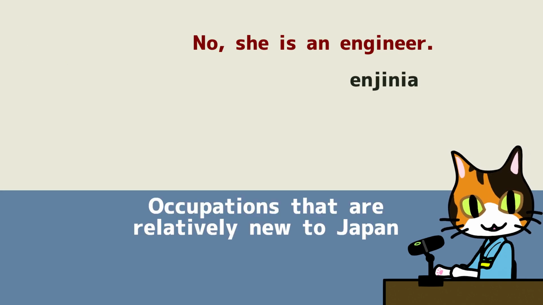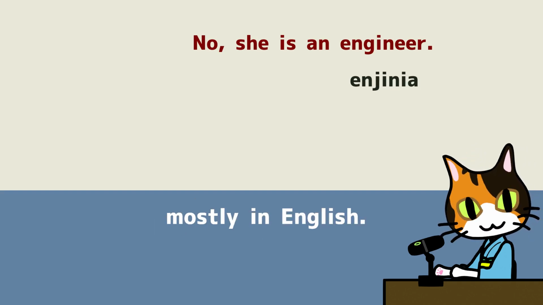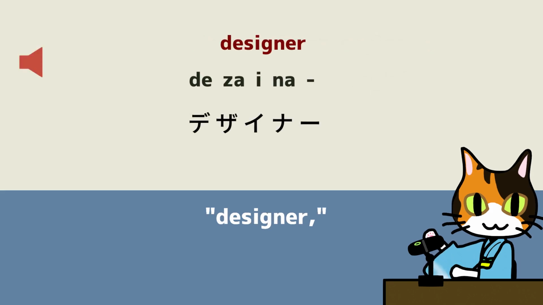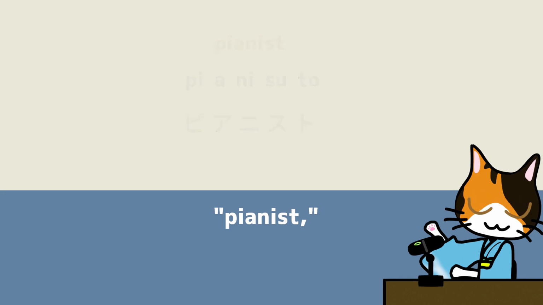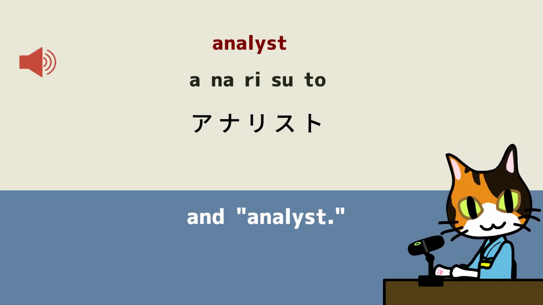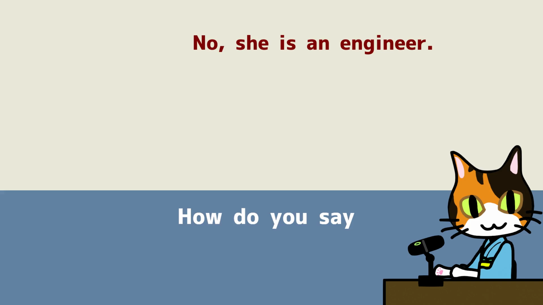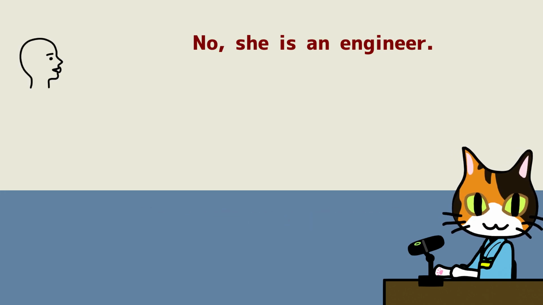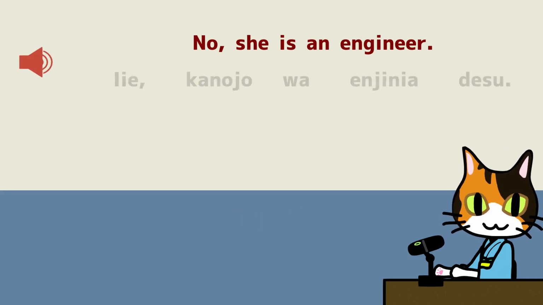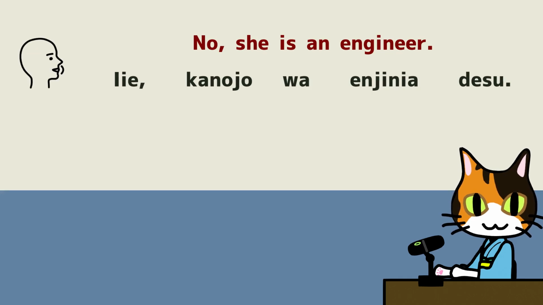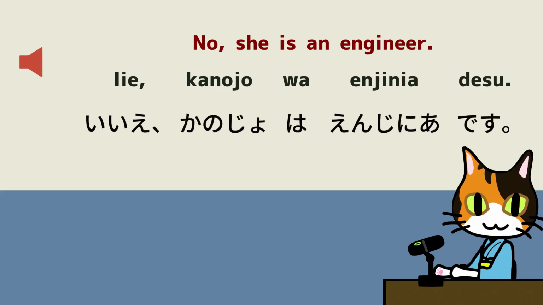Occupations that are relatively new to Japan are often called by names in foreign languages, mostly in English. For example, designer, デザイナー。 pianist, ピアニスト。 and analyst, アナリスト。 Let's go back to the original sentence. How do you say, no, she's an engineer? Super. いいえ、彼女はエンジニアです。